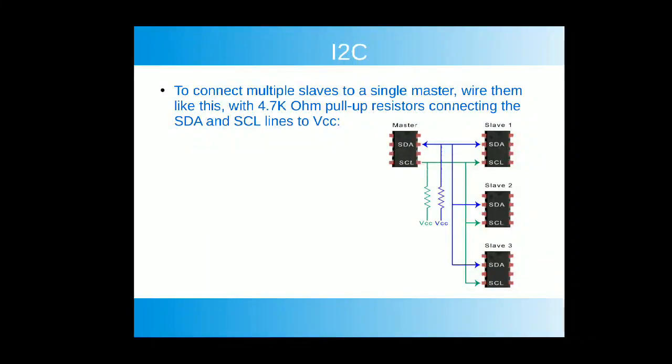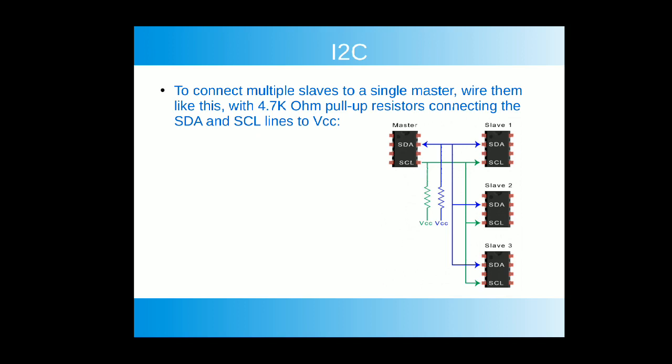Let us see an example diagram of I2C architecture. Here in the diagram, we can see that there is one master device and 3 slave devices, and the master wants to communicate with these slave devices. And here we can see that the SDA lines of these slave devices and the master are connected together. Similarly, the SCL